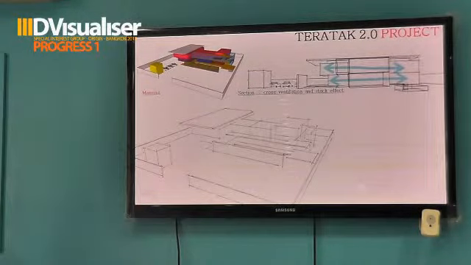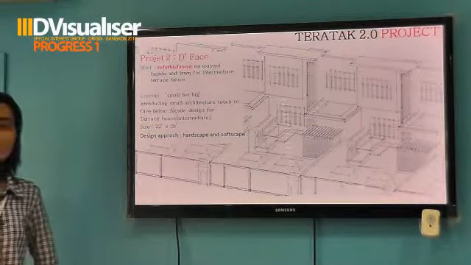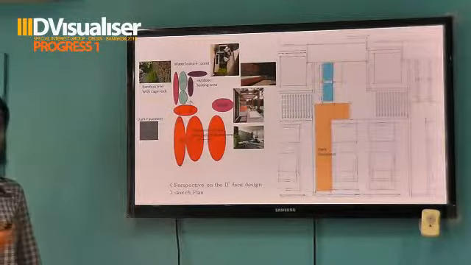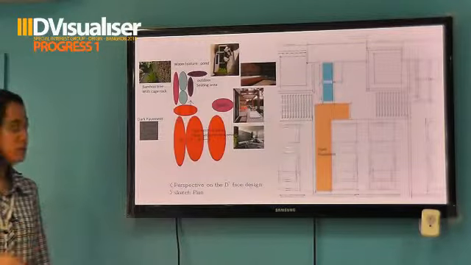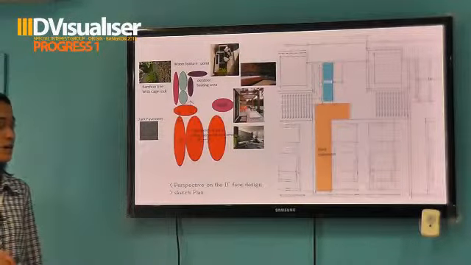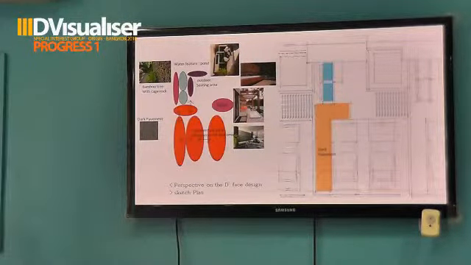Okay. This is the second project, which is D-Face. I already told you from last week, but I want to recap. What you can see here is a space for a refurbishment on terrace houses.